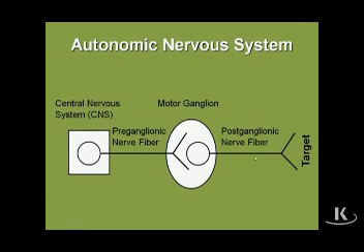So in the case of the autonomics, we always have this two-neuron pathway, with the first neuron innervating the second neuron innervating the end organ. There is only one exception to that, and that exception is the innervation of the adrenal medulla. The adrenal medulla is innervated by a one-neuron pathway. In other words, this neuron would be innervating the adrenal medulla. This neuron wouldn't exist.